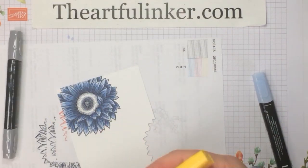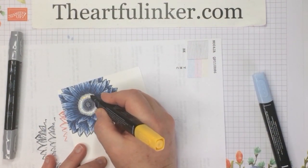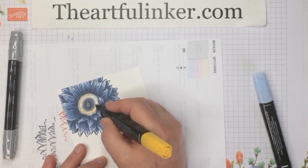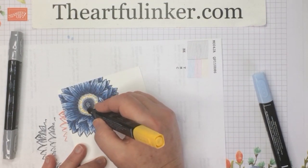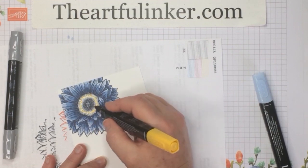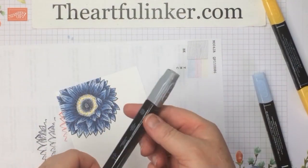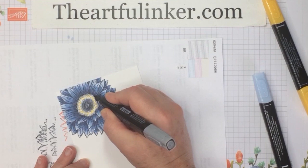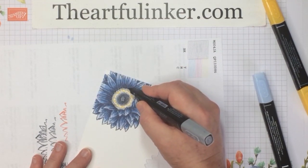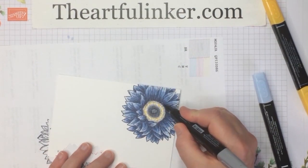Okay, so our large sunflower is colored, and I'm going to take the bullet tip of the Dark Daffodil Delight, and I'm not really coloring, I'm just pouncing along in here, and that adds just enough color. The little bit of white you see is still good for the accent. And then I'm going to take my dark Smoky Slate right along the edges here and create just a little more shadow down in here to kind of deepen